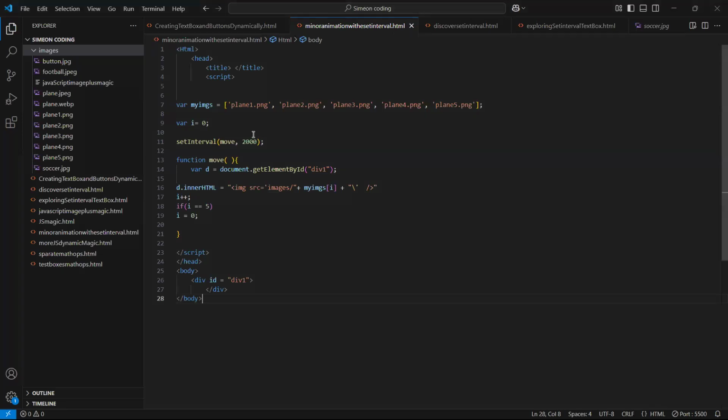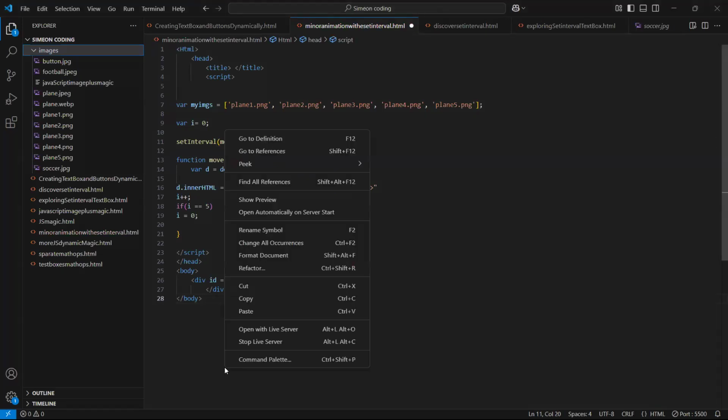I put it at 1,000. I just want to see how it will be in 1,000 milliseconds. Okay. What's the average speed for a plane?